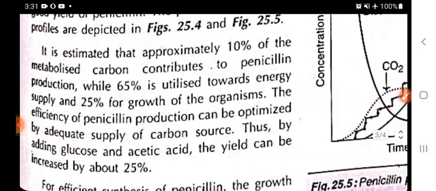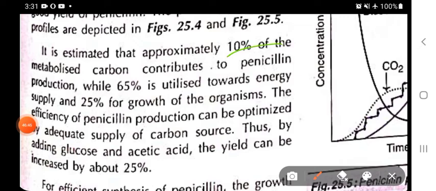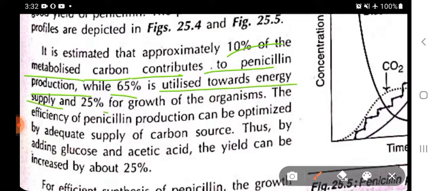So it is estimated that approximately 10% of the metabolized carbon contributes to the penicillin production. So out of 100%, 10% of the carbon, metabolized carbon, that means the carbon which has been used during the metabolism of penicillin production, contributes to penicillin production, while 65% is utilized towards energy supply and 25% for the growth